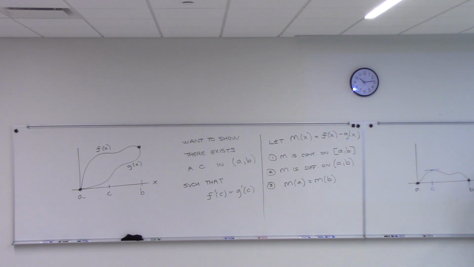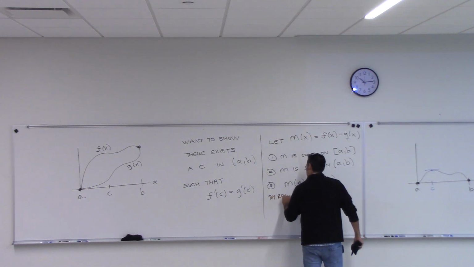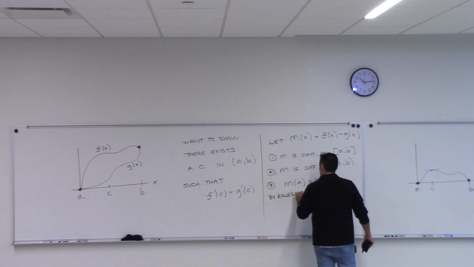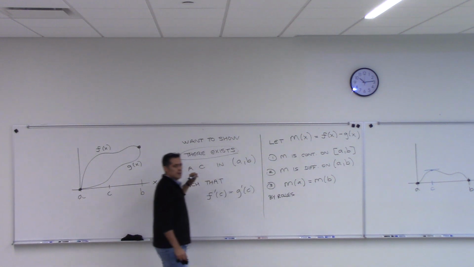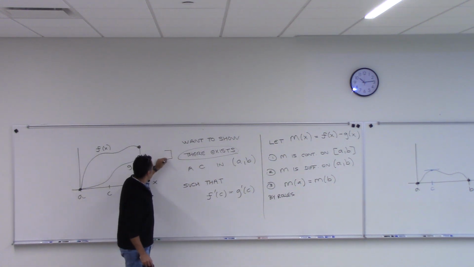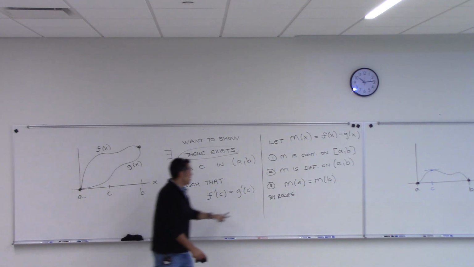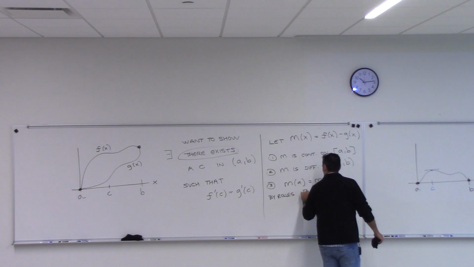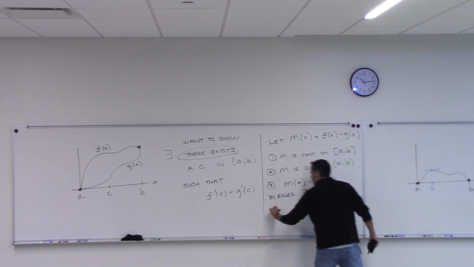The derivative of M. So by Rolle's theorem, you see these two words, there exists? In mathematics, we write that all the time. We hate writing it, so we use a capital E backwards instead. That means there exists. So by Rolle's theorem, there exists a c in AB such that